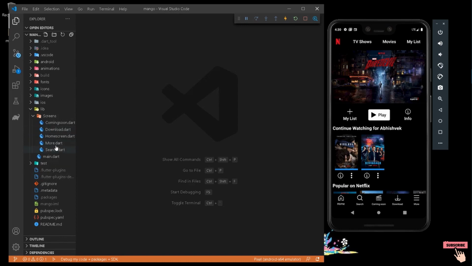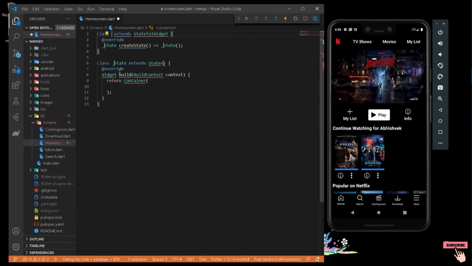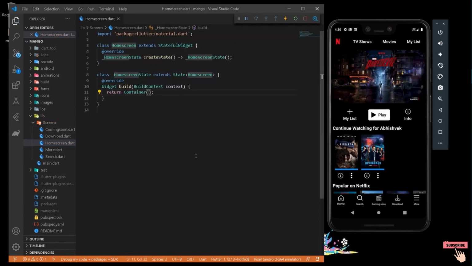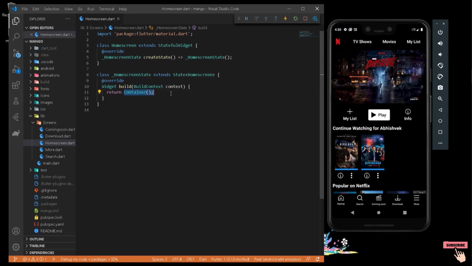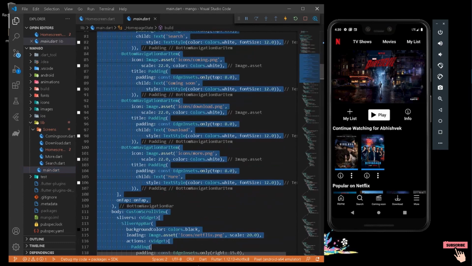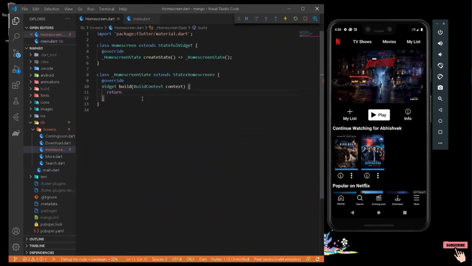So here at the home screen we can simply write a new widget. So I will write here a stateful widget, let's say HomeScreen. Okay, so we can do one thing, that is convert the following screen with the following code, that is the following UI. So instead of returning container, we can remove it from here, and in our main.dart file, instead of this scaffold, we can simply copy it from here. That is our entire code. Just simply paste it here.